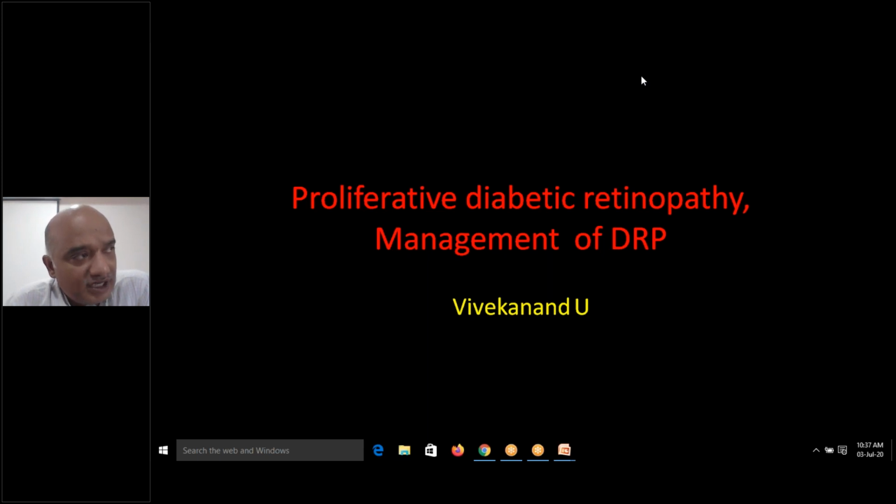So the basic pathology in diabetic retinopathy is that the person first should have diabetes, and it should be of at least 5 to 10 years duration before the features of diabetic retinopathy develop. So it progresses through various stages. The first stage is non-proliferative diabetic retinopathy, and the next stage is proliferative diabetic retinopathy. This proliferative stage is a dangerous stage. Why? Because it can threaten the visual acuity of the patient. The patient can have sudden visual loss.